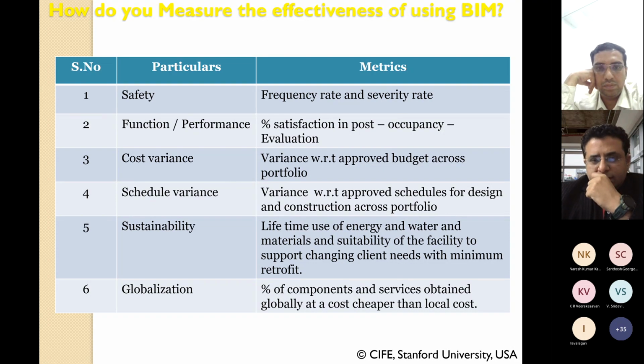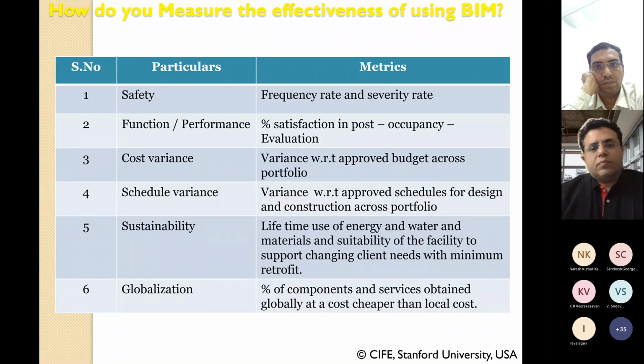This is a chart that I took from the Center for Integrated Facilities Engineering at Stanford University. It was prepared a while back, but these are some parameters that you want to achieve on your projects. The question I would like to ask is, to what extent can having a common data environment facilitate the use of BIM, so that you can actually achieve improvements on these parameters? Let me show you some real data.